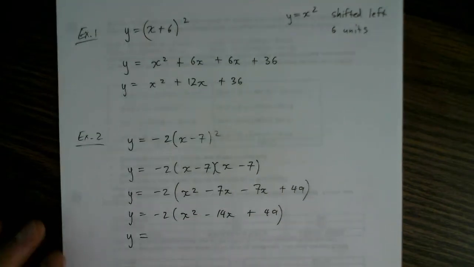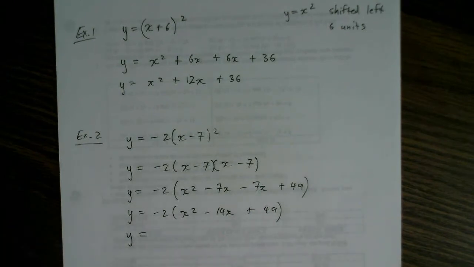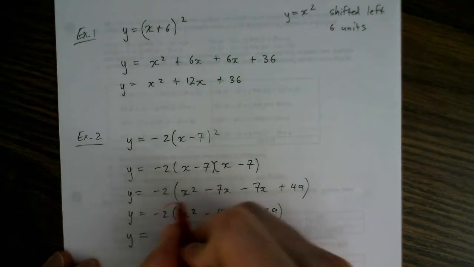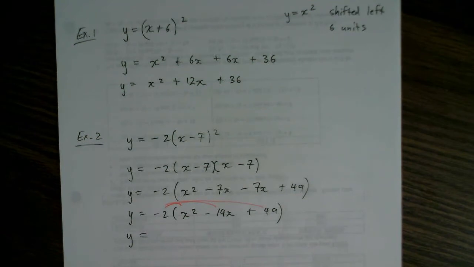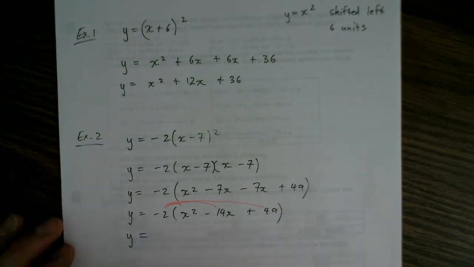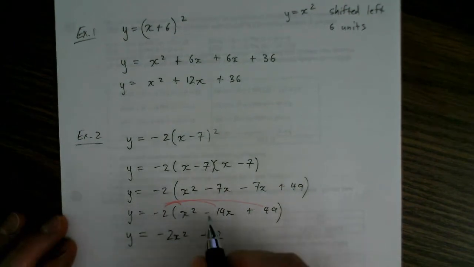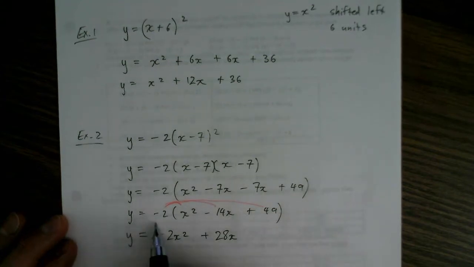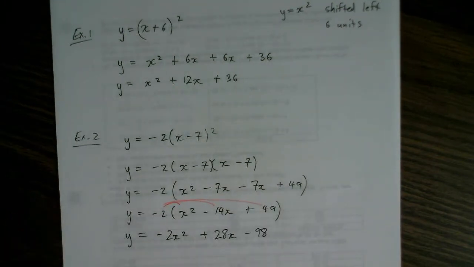At this point, I can multiply all the terms inside the brackets by -2. We recognize this as the distributive property. If it helps you to draw those little arcs to keep track of things, do that in your notebook. I like to do it in a different color. Negative times a negative times a positive, and we have our